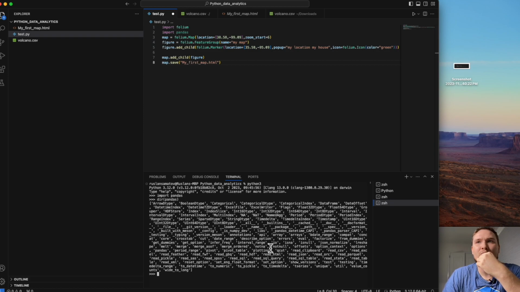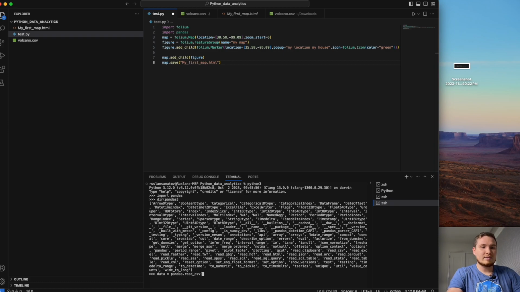But what do I need to read? What kind of file? I need to read volcanoes, and this is CSV. Do we have a method like that? Read SQL here. Read CSV. pandas.read_csv.